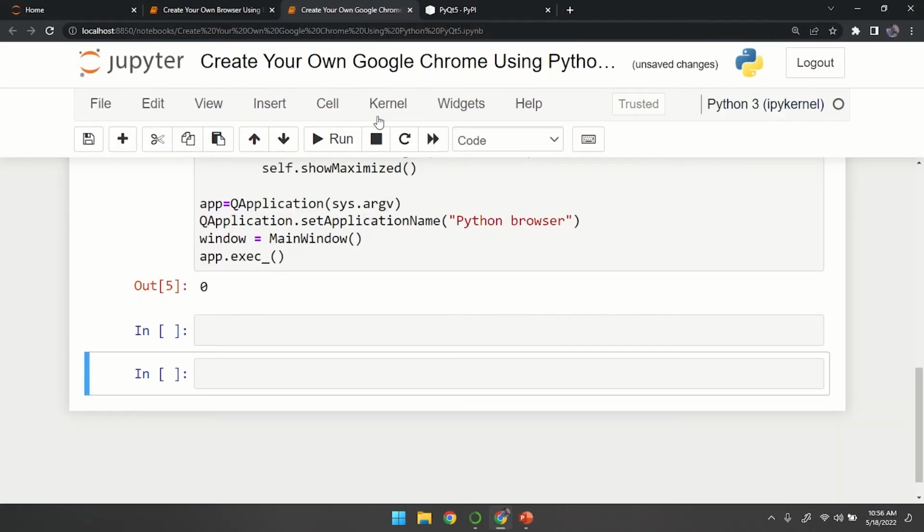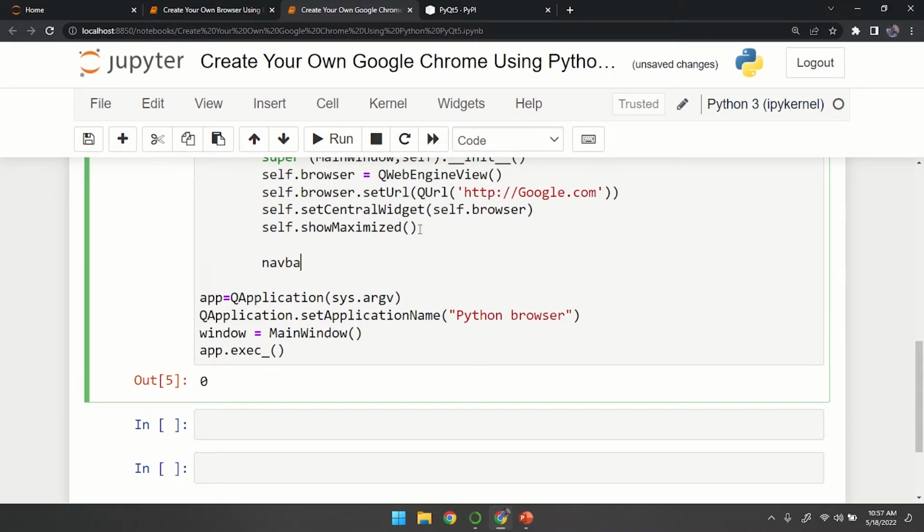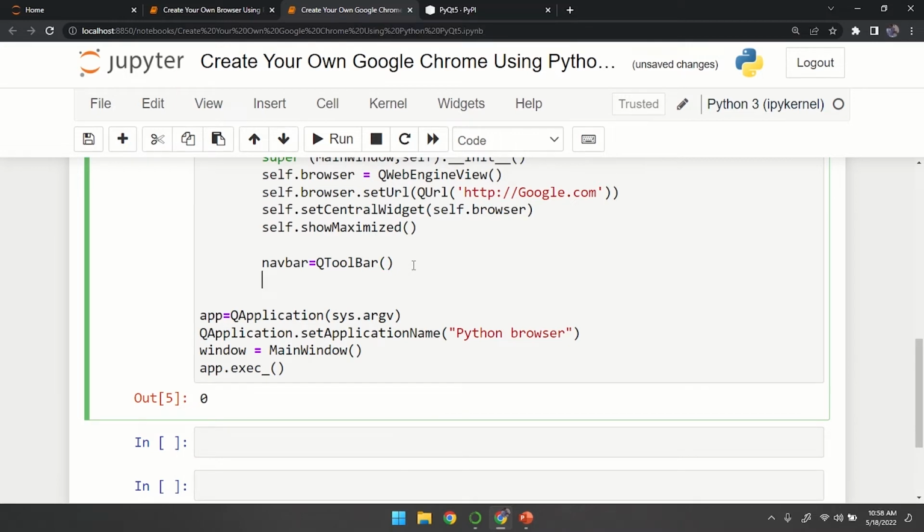Close this one as well, and over here we will be creating a navbar. For this we'll create a navbar variable, right, and we'll say that it will be a QToolBar, right? That means that you are creating a toolbar, and for this class you will be adding a toolbar by writing self.addToolBar, and we'll include navbar over here, right? So now if you run the code,